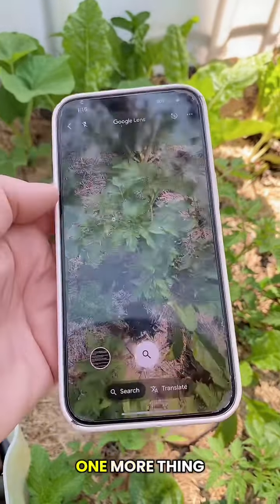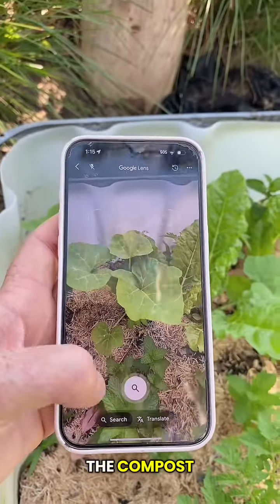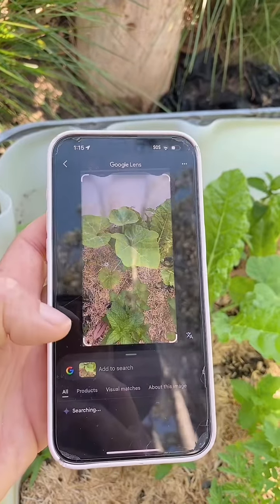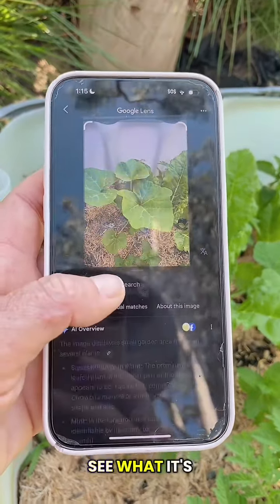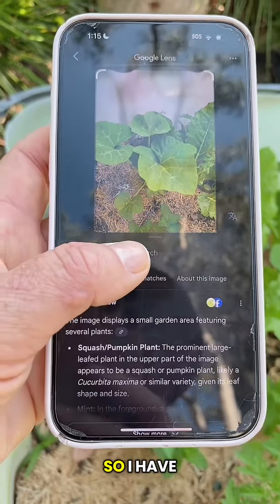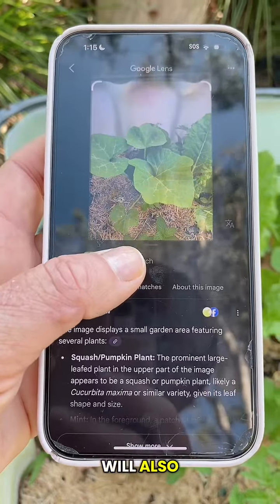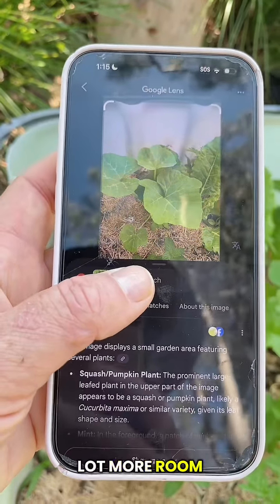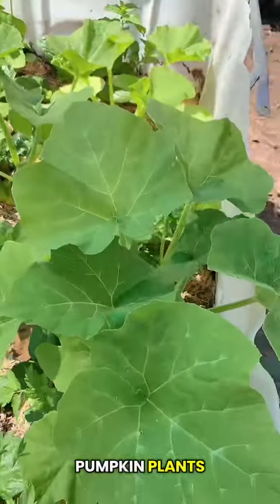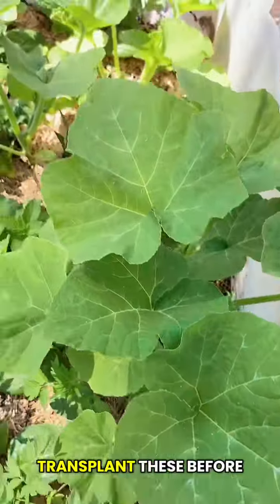We'll just try one more thing. This large leaf plant which has come up from the compost. So you just go to Google Lens, you push the glass and then you see what it's saying. It says it's a pumpkin plant. So I have been putting pumpkin seeds into my compost, so I will also dig this out. It needs a lot more room and I'll make a new garden bed for this. I have several pumpkin plants, big healthy leaves over here that are growing, and I'll transplant these before they get